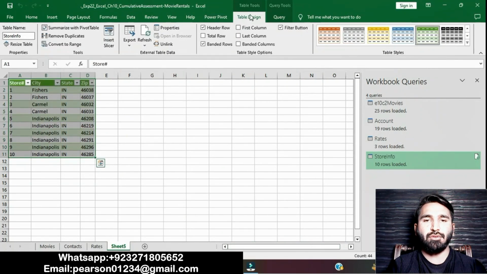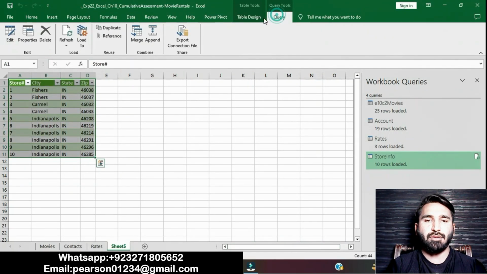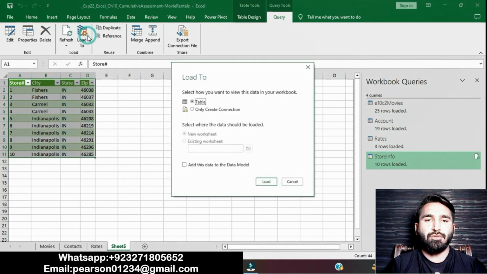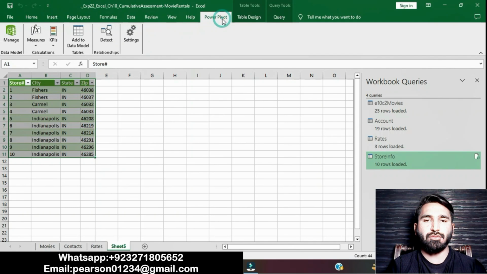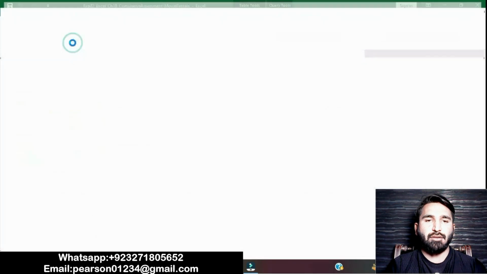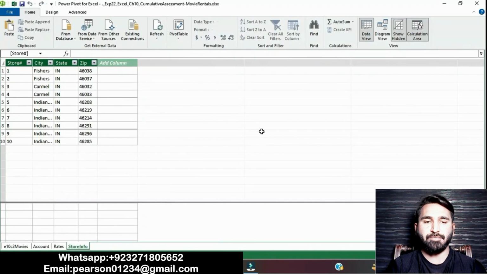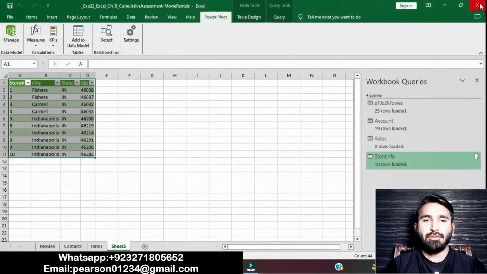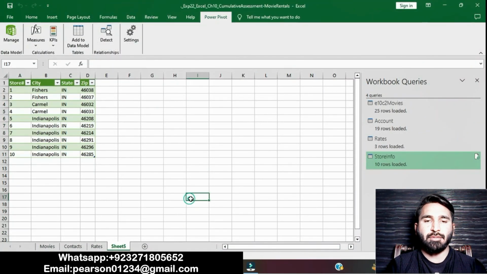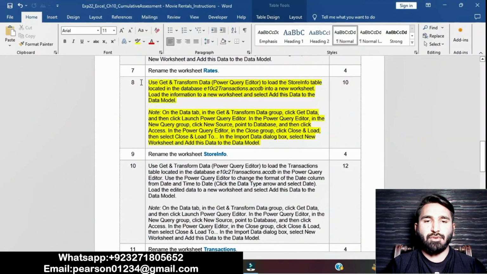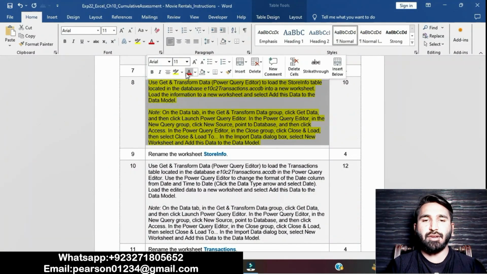Then load it, then go to Query and then Load To, add this data to the data model. Okay, I have done this question. I have done 8 questions of this assignment.